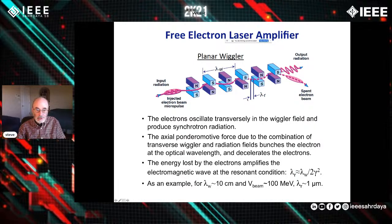So just to summarize the physics, the electrons oscillate transversely in the Wiggler field. Since the transverse variation is vertical, the transverse oscillation is horizontal. And they produce synchrotron radiation simply because you're accelerating electrons in the transverse field. There's a force felt by the electrons called the axial ponderomotive force, which presses on the electrons and can decelerate or accelerate them due to the combination of the transverse Wiggler field and the radiation field. So the superposition of those two fields in this region can bunch and decelerate the electrons to make an amplifier